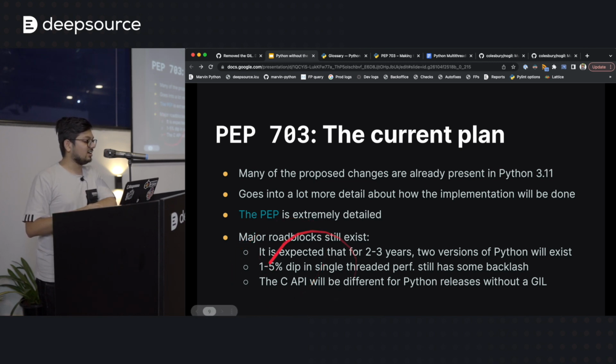Now, there are a few problems here. For the next 2 to 3 years, you can expect that there's going to be two separate versions of Python for a while, and that should remind you of the Python 2 to Python 3 change that happened, what, 10 years ago now?